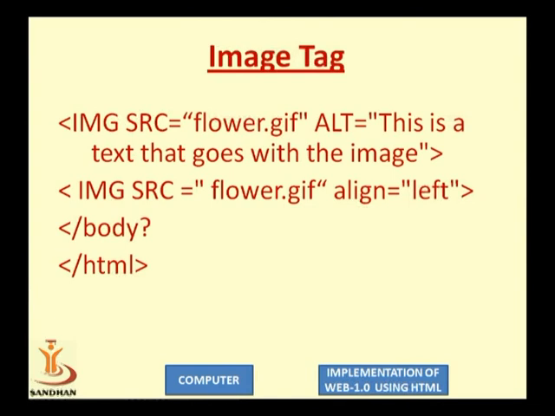Suppose the flower.gif is in the G drive in the folder my, then you should write g:/my/flower.gif, by which you can get the image. So it is not a restriction. You need not put the image in a particular folder. But usually people keep their files in a particular folder. So it is advisable to have all the files at the same location. Yes, it is advisable, but you can call the image from anywhere in the file, right?